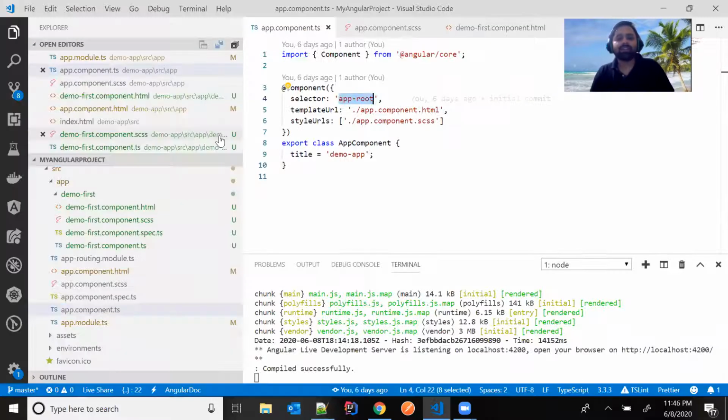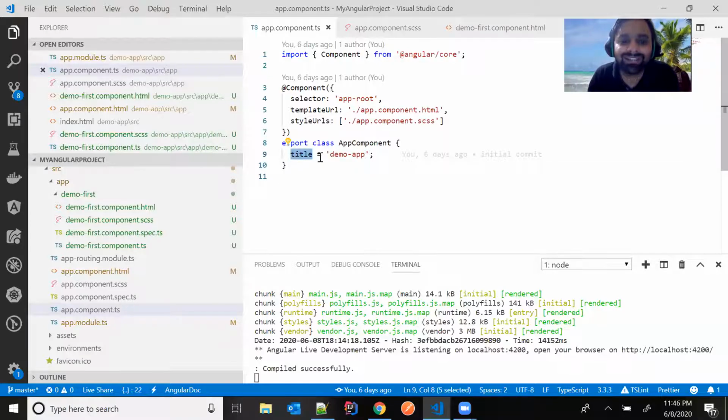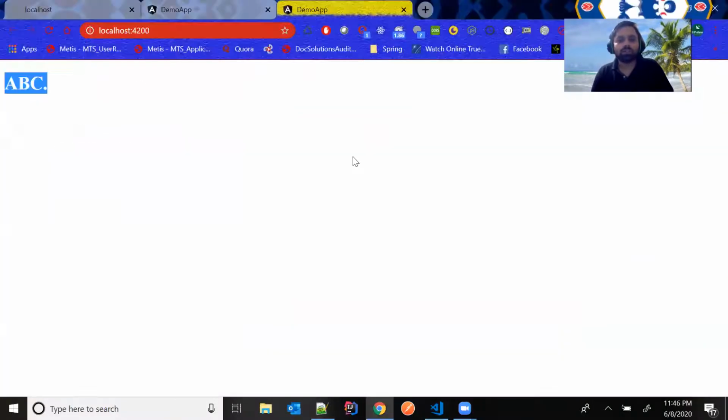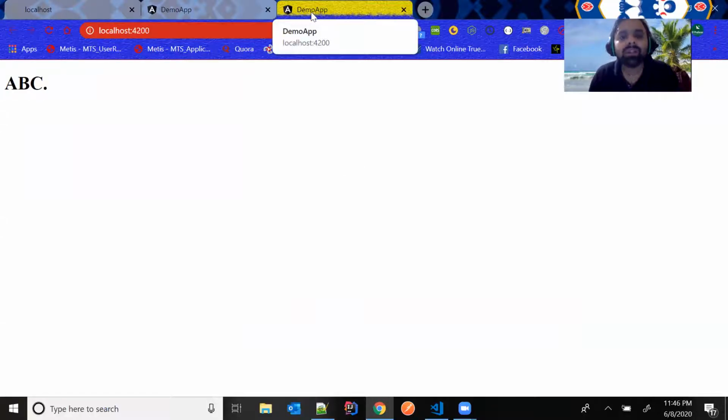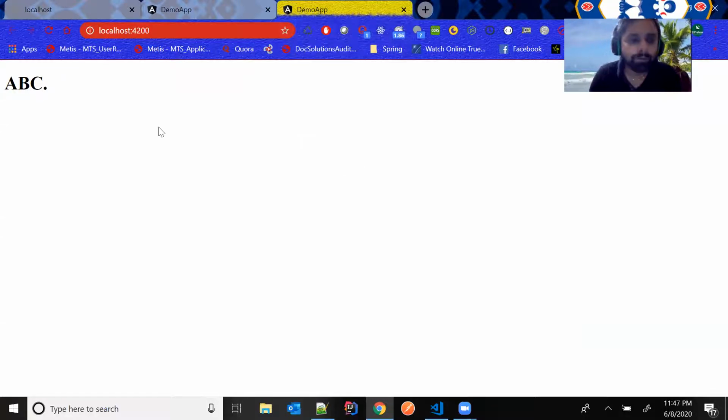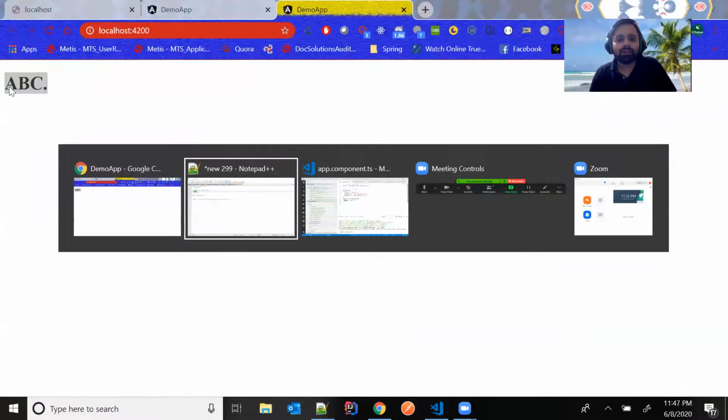So now what is it taking? It's taking your app-root, which shows this HTML. If any styling is there, it will show it. And if any logic is there, it's going to show it. Here something is written as title, demo app. If I go to our running instance, you can see here it's written demo app. It's the title which we have provided. And ABC is nothing but what's written in my